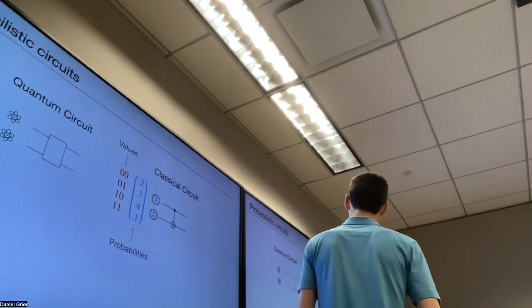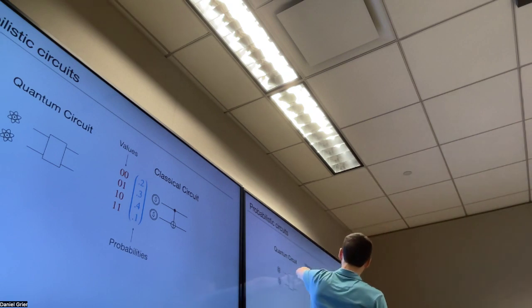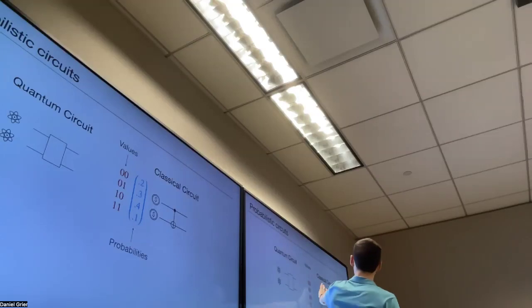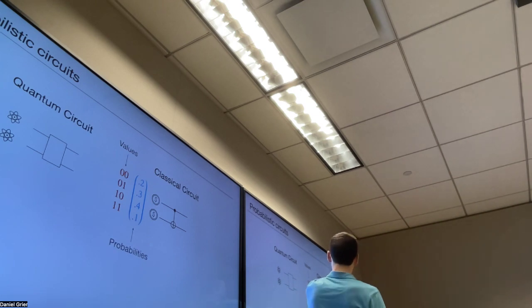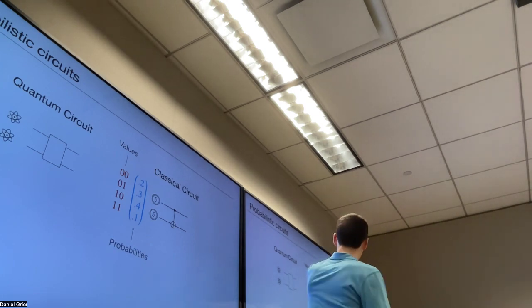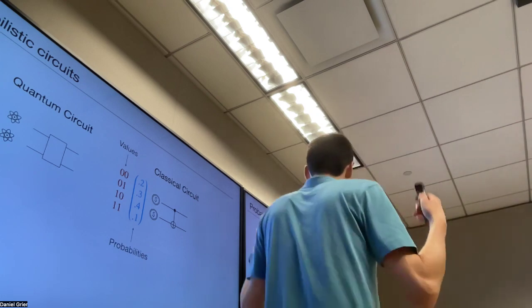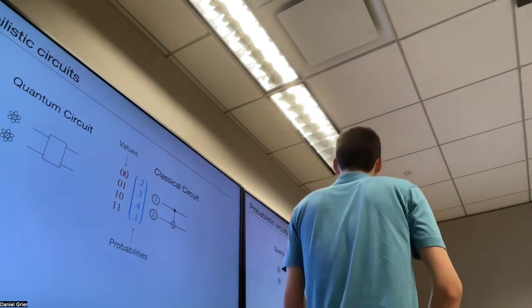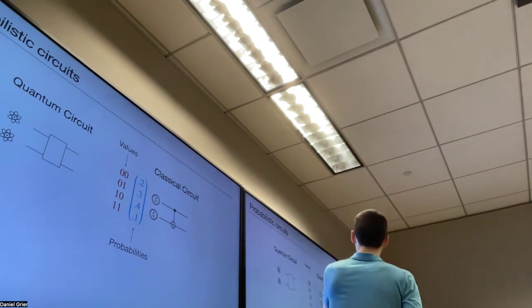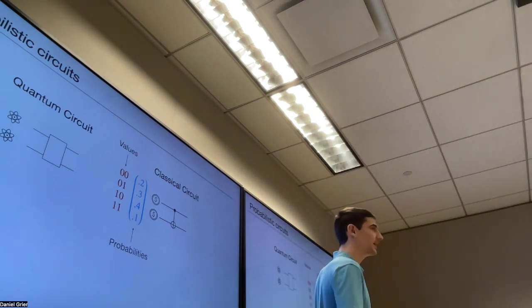So basically it's saying the probability that I start in the state where both of the inputs are 0 is 20%. The probability I start in the state where the first input is 0, the second input 1 is 30%, and so on and so forth, right? So I can define some kind of probability distribution over my input values. And then, what is my gate doing? My gate is basically just permuting this